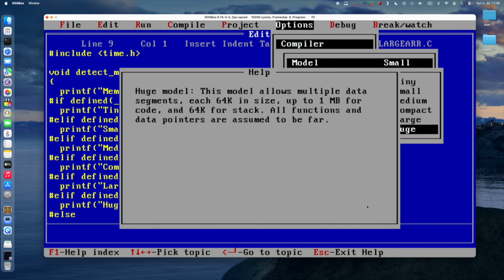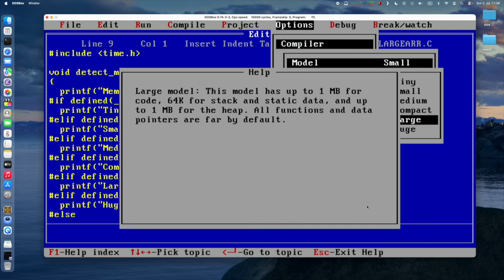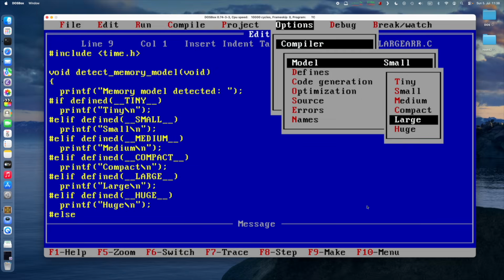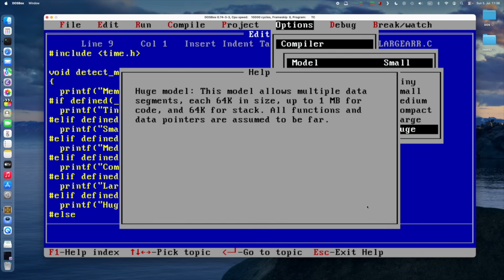So the reason for this, I actually don't quite know. I think the idea here is that if you have multiple data segments, you could use near pointers in each segment, which is better for the